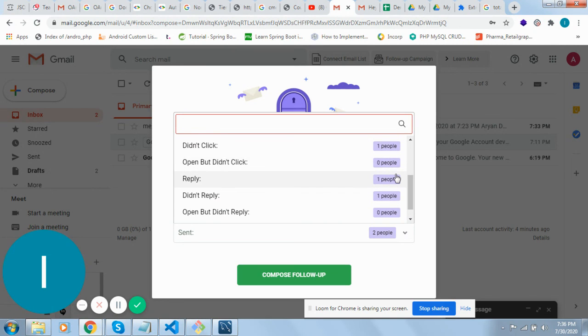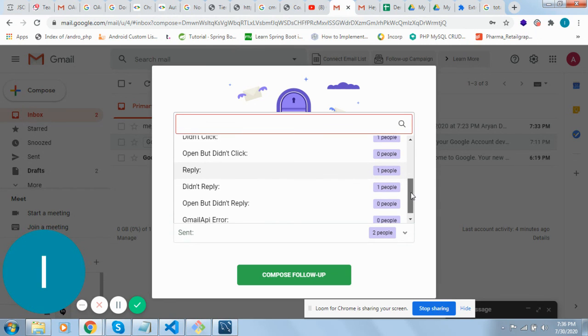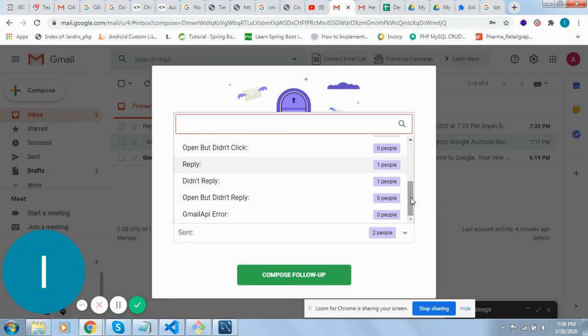Open but didn't click: zero people, because the second email address has not yet opened that particular mail, so open but didn't click is also zero. Replied: see, I have only got a reply from one email address, so it's showing only one. Didn't reply: we didn't get a reply from another email address. Open but didn't reply: as I have already opened and already sent a reply, that's why it's coming zero over here.